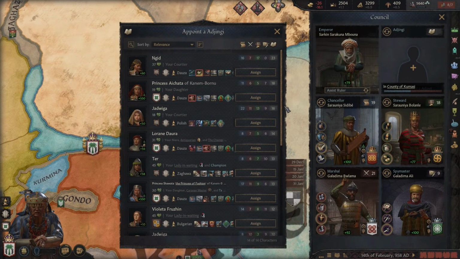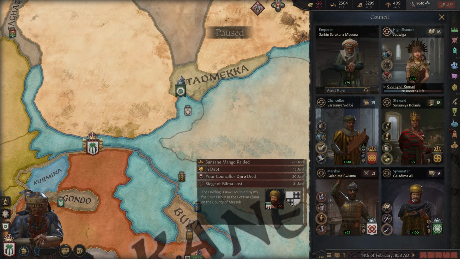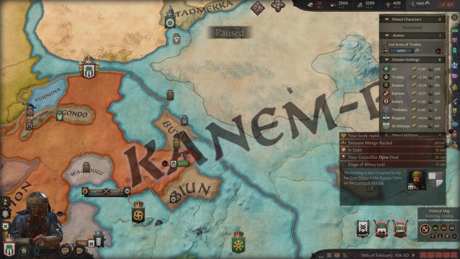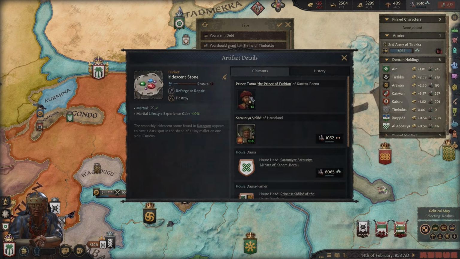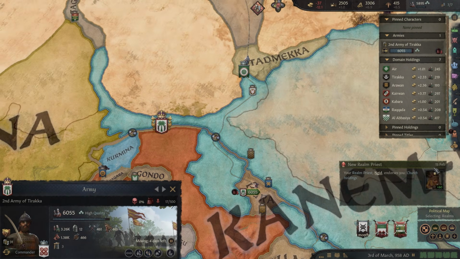Okay. I don't have a powerful vassal who's good at the job. Let me just sort by diplomacy here. Yeah, I have no powerful vassal who's good at the job, so I choose you. Wait, that was learning. Never mind. I choose you. Oops. That was the counselor position where it didn't matter. I thought it was chancellor for some reason. I can't repair this. Okay. Well, if I don't have the money in 9 years, we lose it. That's fine.